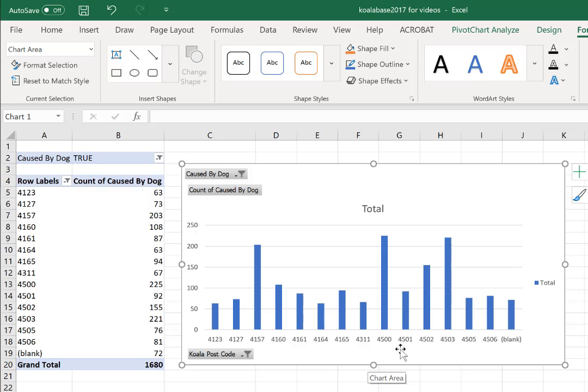So 4500, 4501, 4502, 4503, 5 and 6. So you'd imagine that those suburbs would be fairly close to each other, as 4164, 4165 and so on. So now I can see the main postcode areas where dog attacks occur. I could go into my